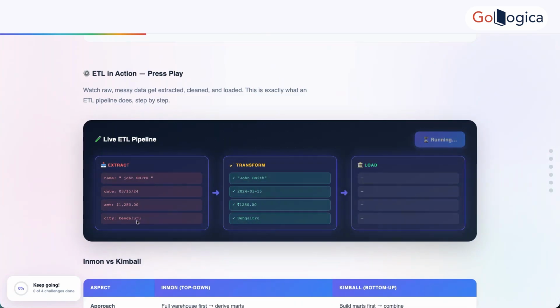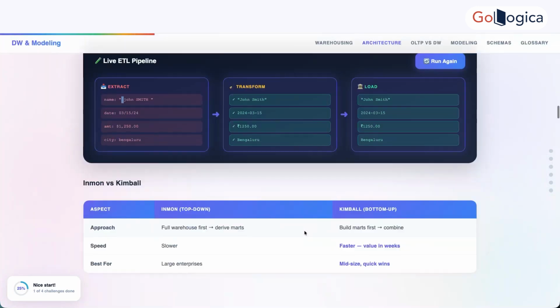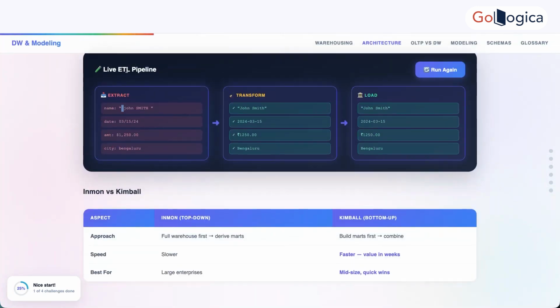See, Bangalore will become like this. We are standardizing it. Dollar has been converted into currency, this one into rupees. Date has been formatted to this one, extra spaces are removed, and it is in proper format. This we are going to achieve with the DataStage tool in the upcoming sessions. So basically this is the live ETL pipeline: extract, transform and load, and this is how it